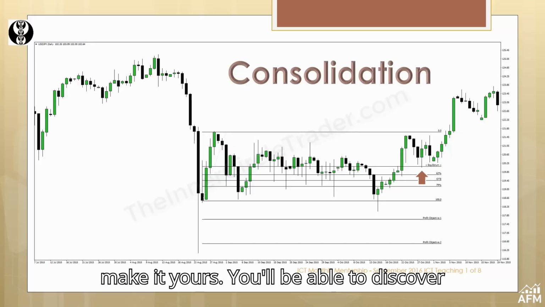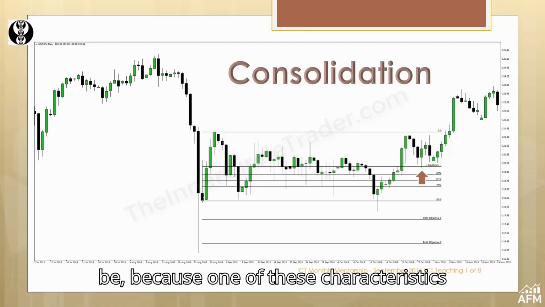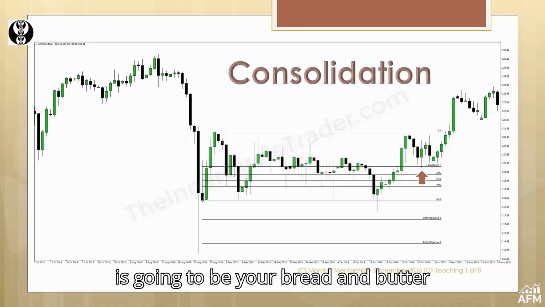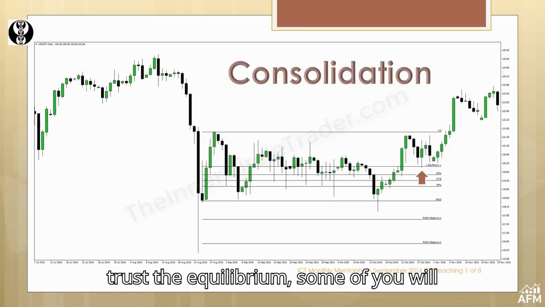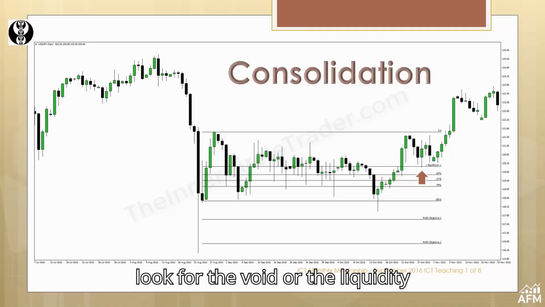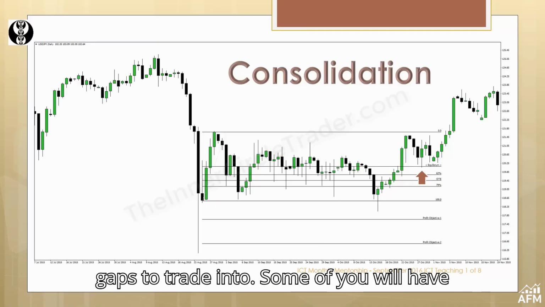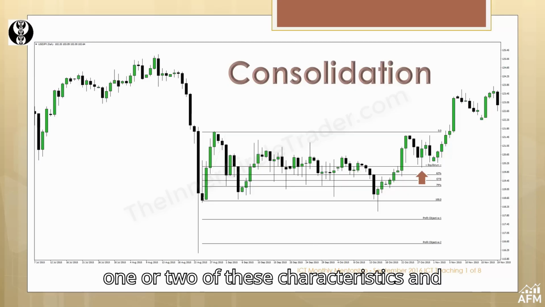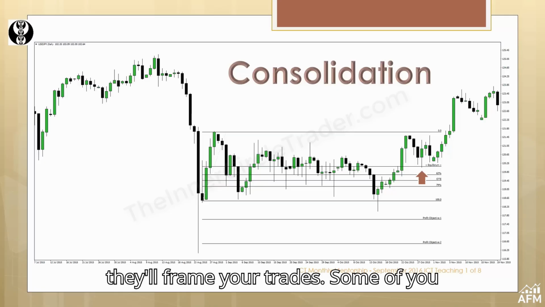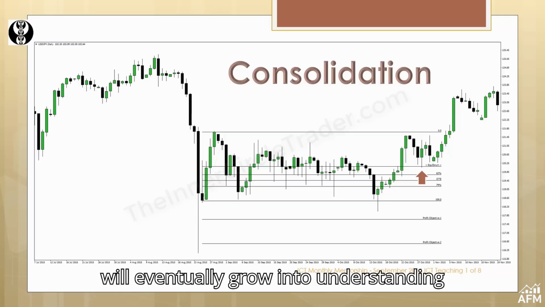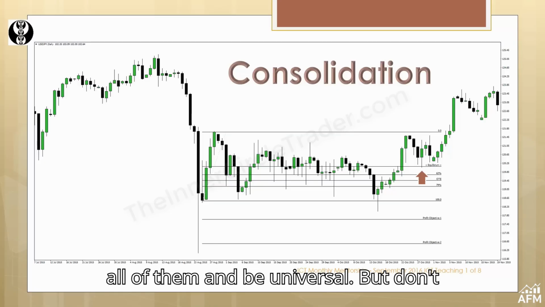You'll be able to discover really what type of trader you're going to be, because one of these characteristics is going to be your bread and butter condition. Some of you will trust the equilibrium. Some of you will trust the order block. Some of you will look for the void or the liquidity gaps to trade into. Some of you will have one or two of these characteristics and you'll trade within those parameters. They'll frame your trades. Some of you will eventually grow into understanding all of them and be universal, but don't